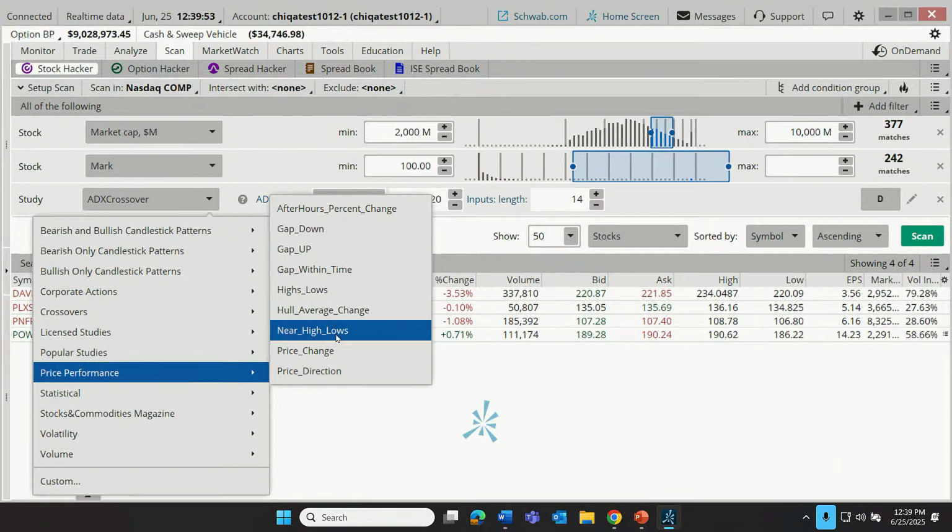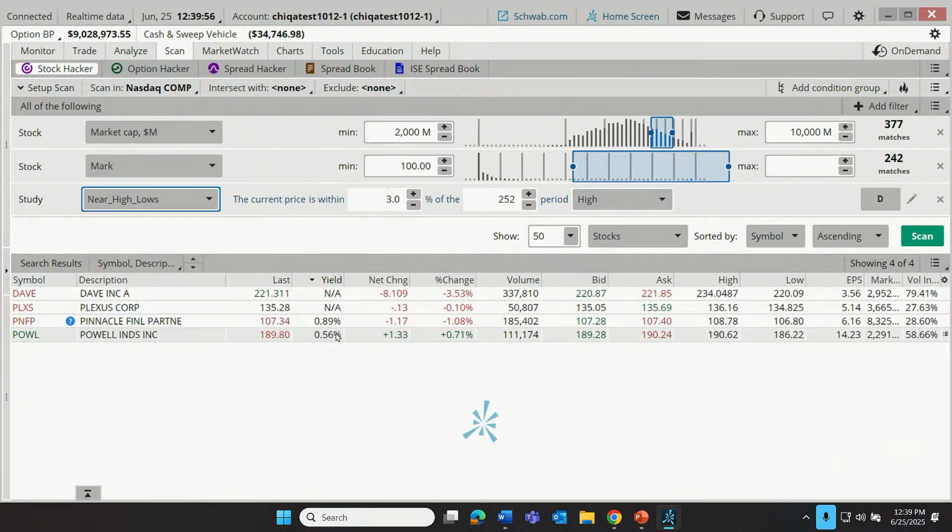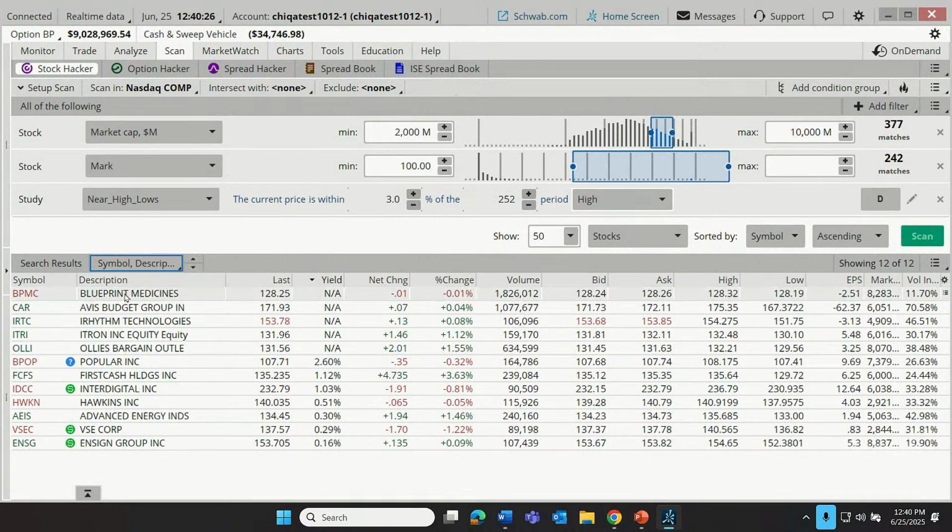We could also be looking for stocks that are near lows if the trader is looking for something bearish, or maybe it's a value investor looking for a turnaround candidate. In any case, let's look for mid-cap companies, $100 per share or more, NASDAQ component companies that are within, let's say, 3% of their 252 period highs. Why 252 periods? Well, that's basically a year, 252 trading days in a year. But let's click scan now. And we have, looks like, maybe a dozen companies that are trading within 3% of their 252-day highs.